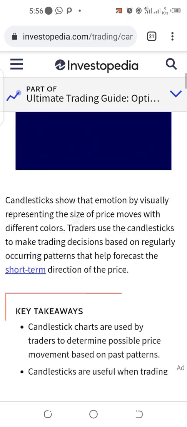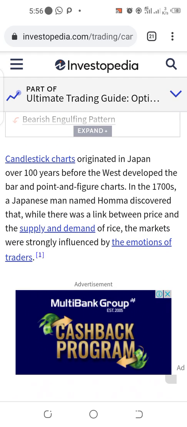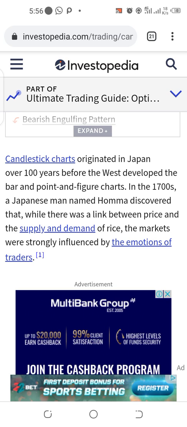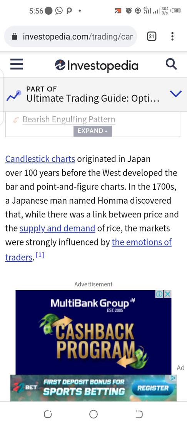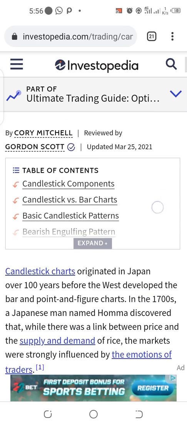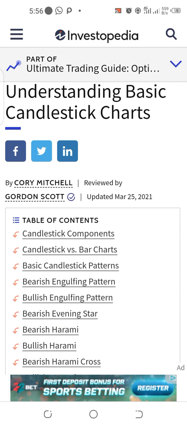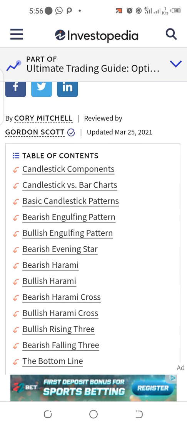Today, we also look at the Binance chart interface, where we talk about the time frames, the indicators, the candlesticks, the volume traded, and so on and so forth, and then more on candlesticks. So today we are going to look at how to understand candlesticks. In the course of this training, we'll be looking at candlestick components, candlesticks versus bar charts, basic candlestick patterns,